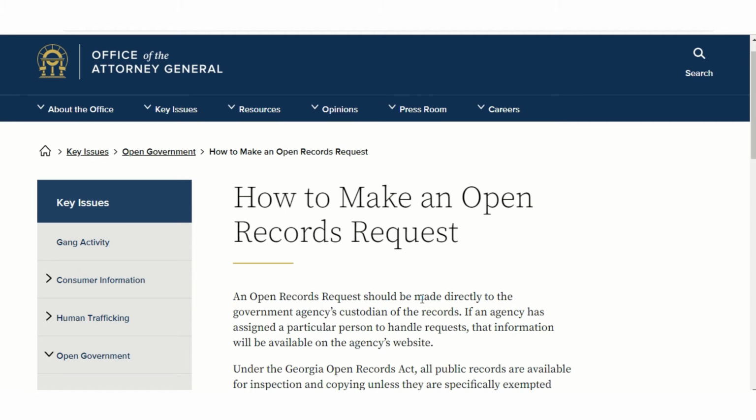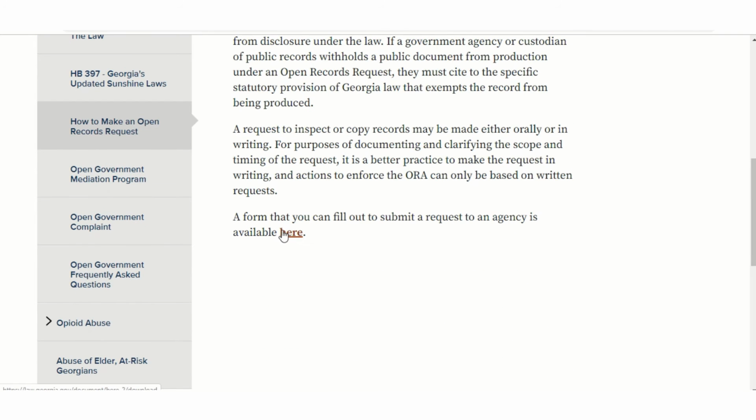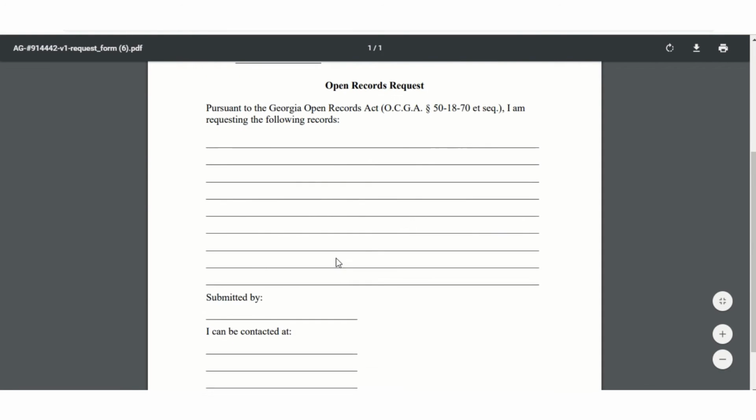Each agency is going to have a different custodian of records, and we will go into details later on who the custodian of records is for Tybee Island. The process is the same for the entire state, and down here there is a form that you can download that is pretty straightforward, and I will fill one out later in the video. But here is the blank form.